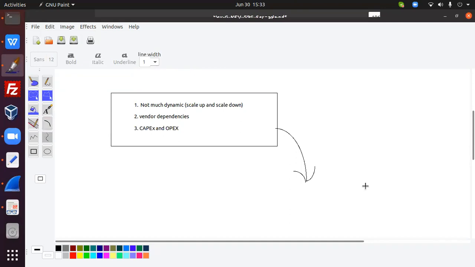That increases productivity and dynamicity, and we also need to decrease the capex and opex. So the solution here is software defined network